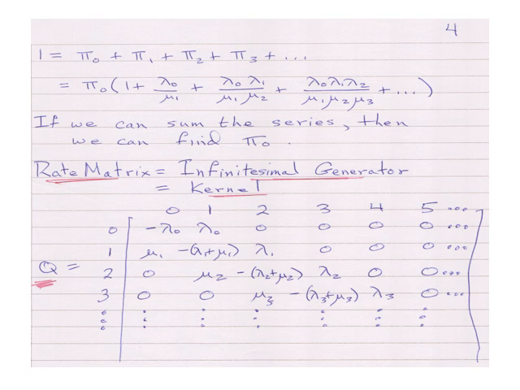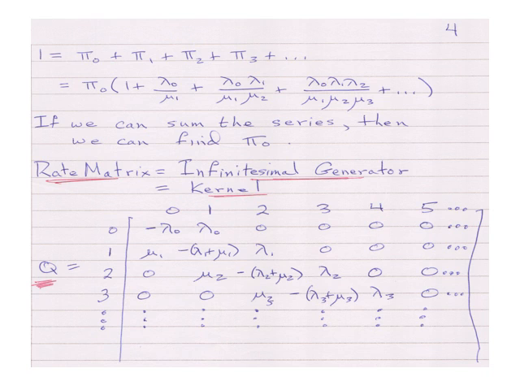Similarly, if we're going from state 1 down to state 0, that would be at rate mu 1. If we're going from state 2 down to state 1, that would be going at rate mu 2. And so along the subdiagonal, mu 1, mu 2, mu 3, and it keeps on going that way. Basically everything else is a 0,